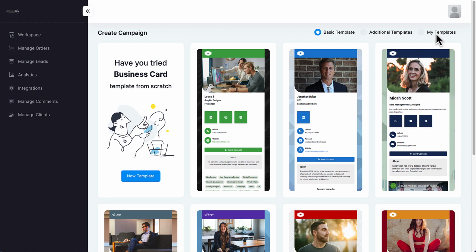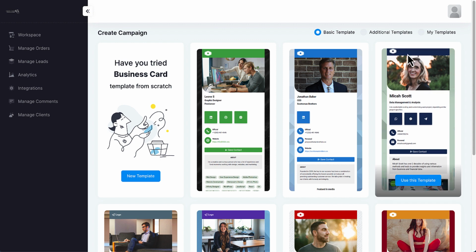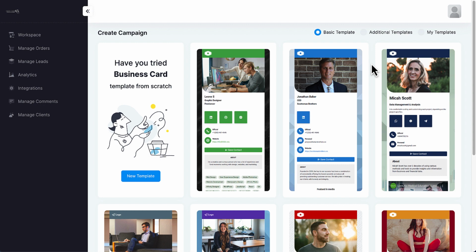Once you start creating, you can go to my templates and then you can duplicate the template if you want to change some contact information. Or if you have a team, then you can copy it so that the branding's the same, and all you want to do is change the picture and the contact information and maybe videos or audios, whatever else you want to add that differentiates yourself from your other teammates. Okay, so you scroll down,